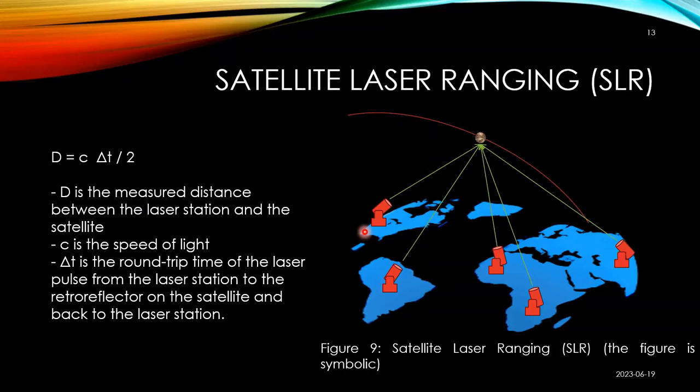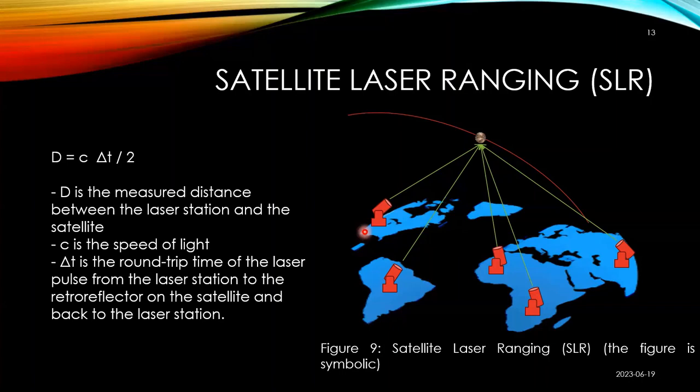Since the speed of light is known, the travel time is determined: when the laser starts to travel to the satellite and comes back, the time is measured. Based on this time and the speed of the laser, we can determine the distance between the satellite and this SLR